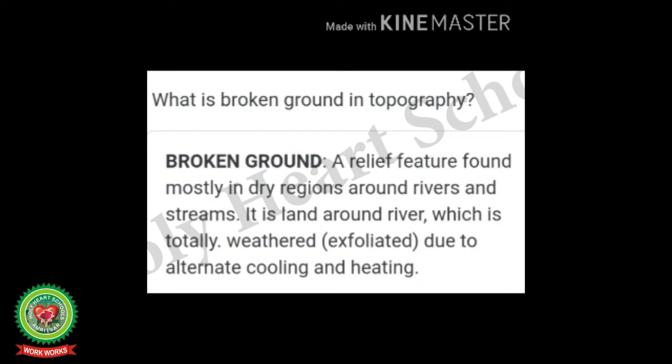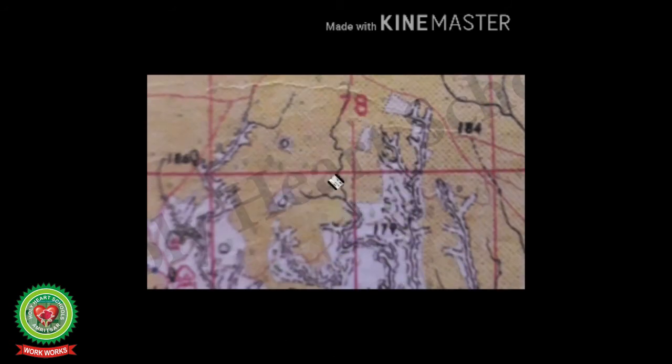Having studied the topo sheet, we recognized that in the absence of natural vegetation on the banks of the river, with soft rocks and soil, the ground is developed as broken ground due to erosion in the rainy season. The climate and upper portion of the land surface of this area provide the condition to develop and grow the broken ground along both the sides of the banks of the river streams.